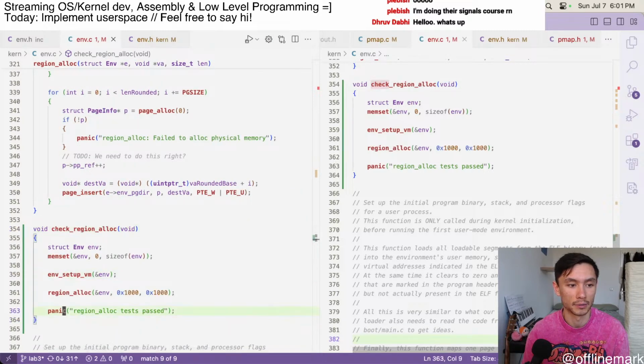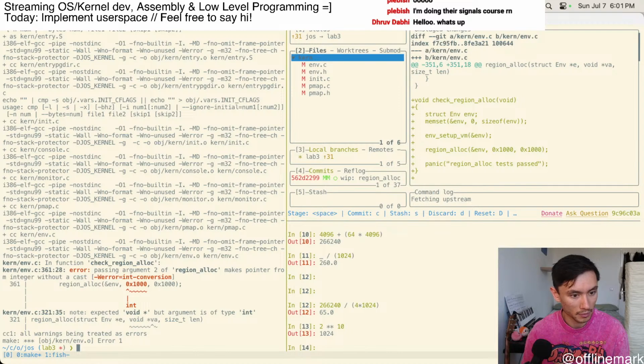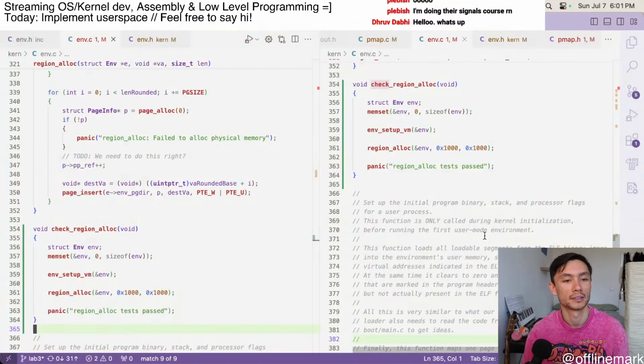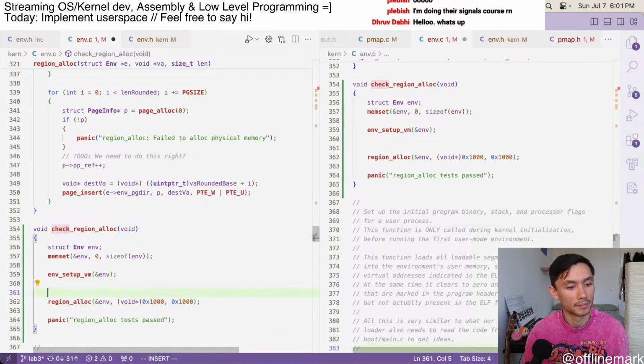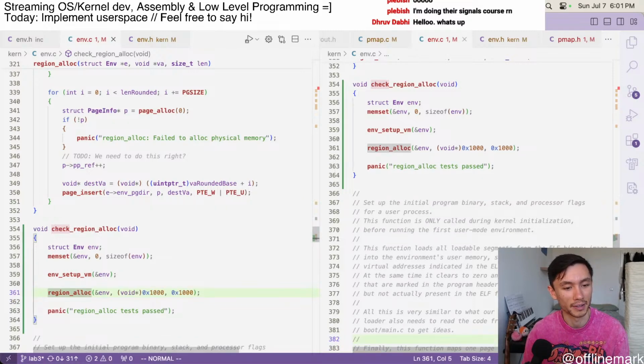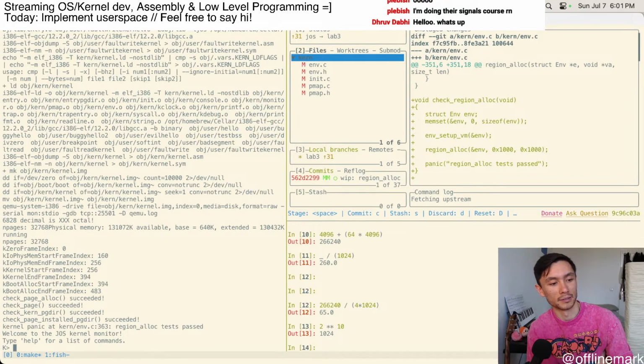Now I can... makes pointer from integer. Dang, all right. I'm just gonna do that. Okay, so